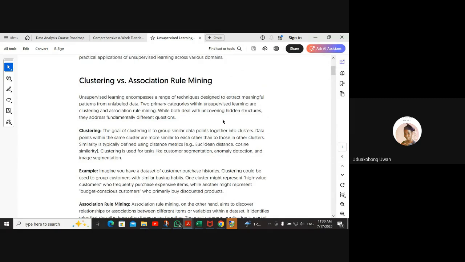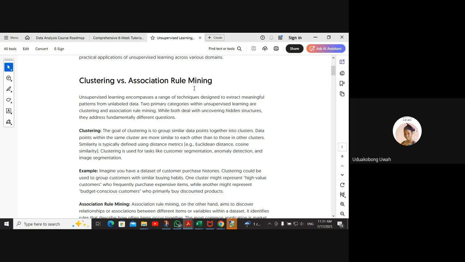Okay, so now let's move to association rule. I'll first of all give you my explanation before we get to the definition. You can call it association or association rule learning. This one identifies relationships based on dependencies between variables in large data sets. A very good example of association rule mining is that if someone buys butter and bread, there's every tendency that the person will buy butter. And if someone buys soup, there's a tendency that the person will buy garri or